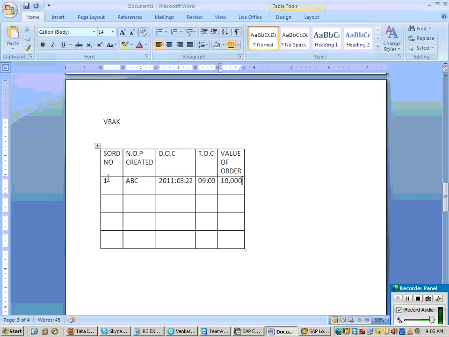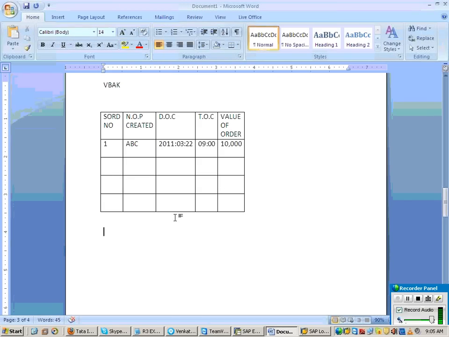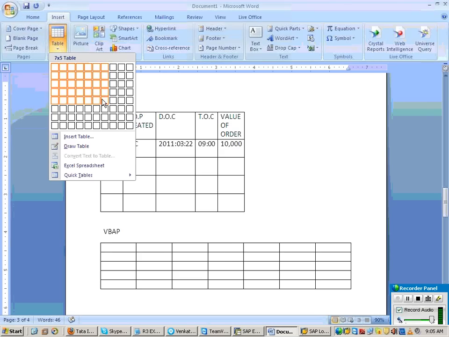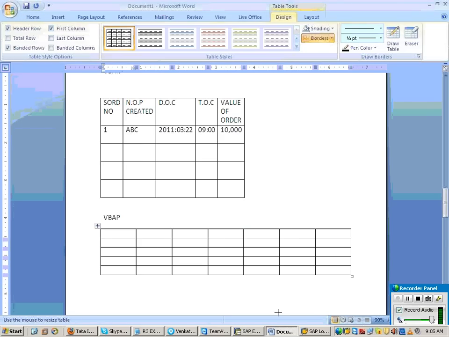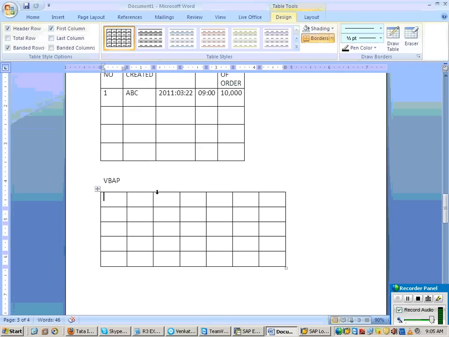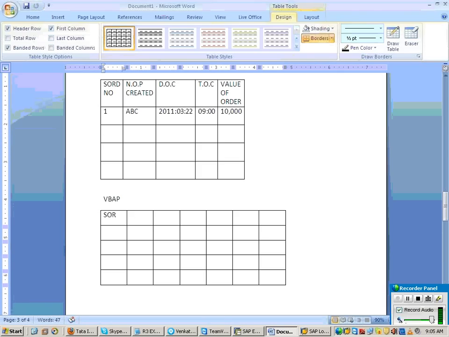For your order, how many records are there? It is all order specific. But when it comes to your item table, that is the VBAP table, how does your table look now? Okay, same thing.